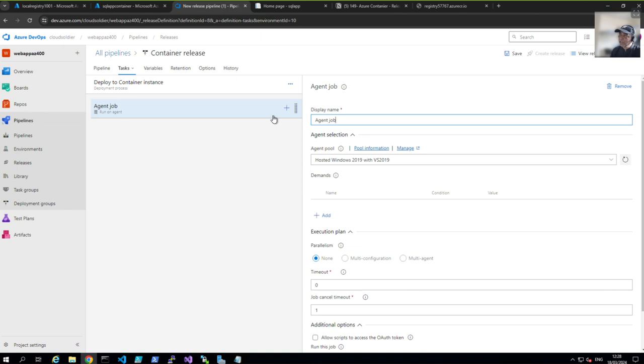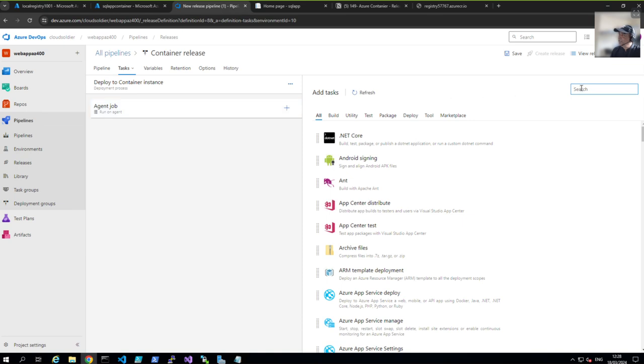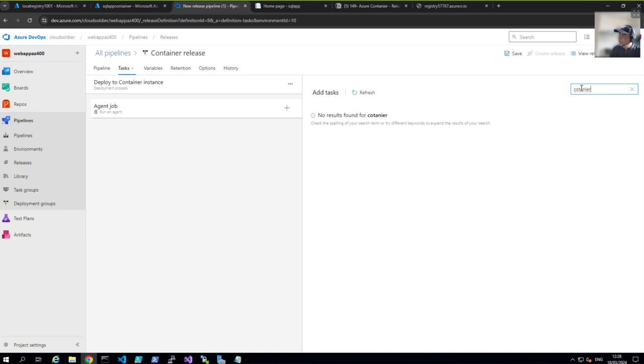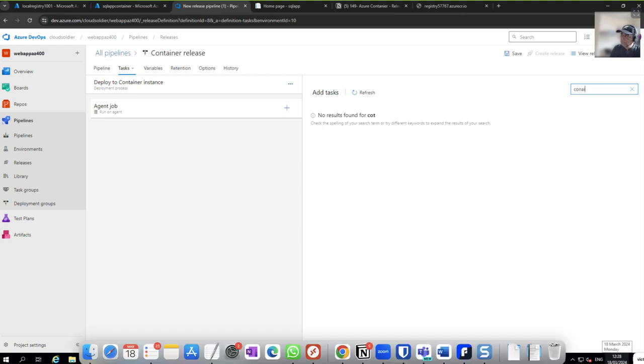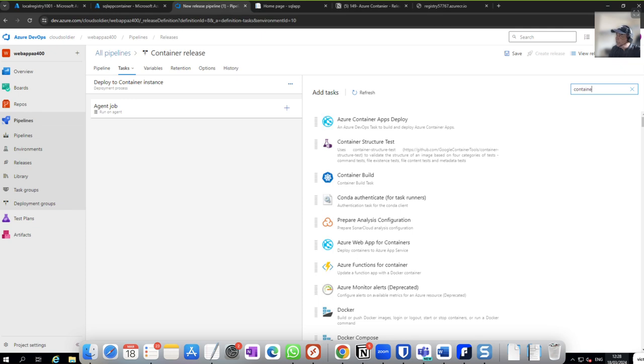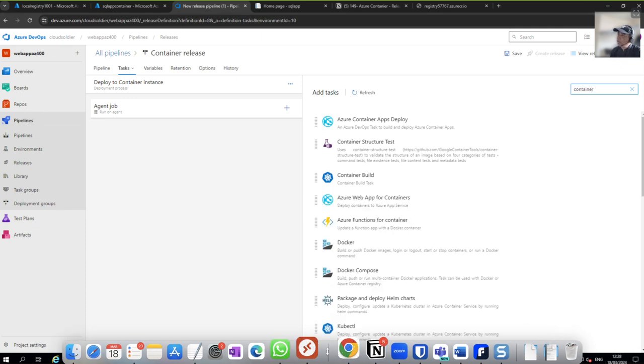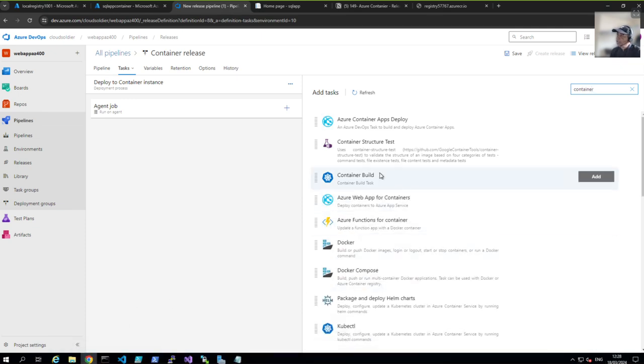And if we search for a task, say container, yeah, we can see Azure Container Apps, container structure, but we cannot find anywhere to deploy a